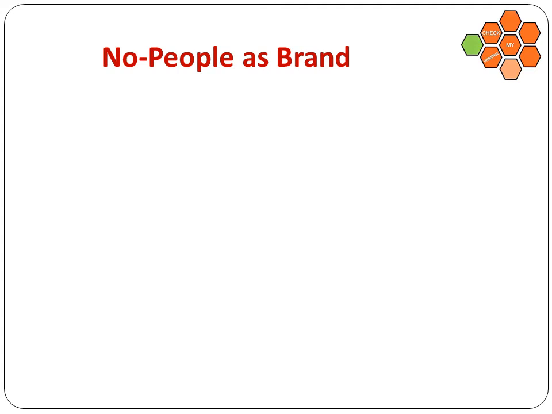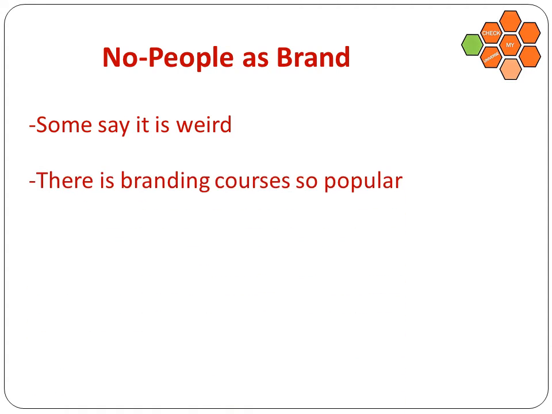Now, as we are almost ending, there are many people who say, how can people be brands? No, people cannot act as a brand, and some people say it's weird. People are people, love people as people. But we just saw the example of Oprah and the writer Seth Godin, who have created their own style, their own brand. Branding courses are so popular. There is a reason, right? The bigger, elite universities are selling branding courses.